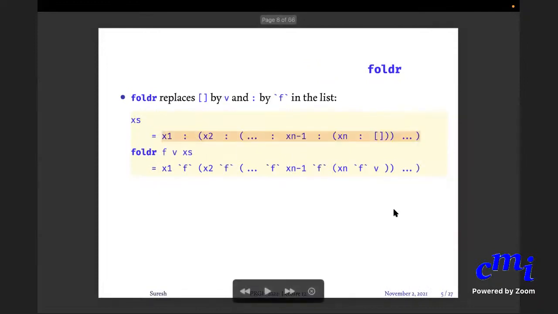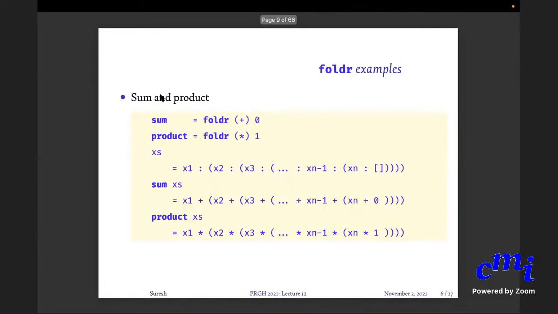But do you see this pattern? A list itself is just one element colon another element colon another element colon dot dot dot all the way till finally you say colon empty list, for a finite list. And if you replace the colon by the function, and if you replace the empty list by some initial value, that is what you will get as the result of foldr. So for instance, sum is foldr plus 0, xs is x1 colon this whole thing.